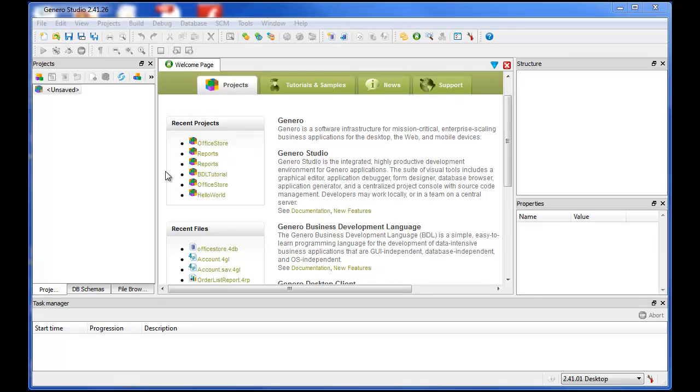This video is a brief overview of Genero Studio, the graphical integrated development environment for Genero. Genero Studio consists of these integrated components: Project Manager,